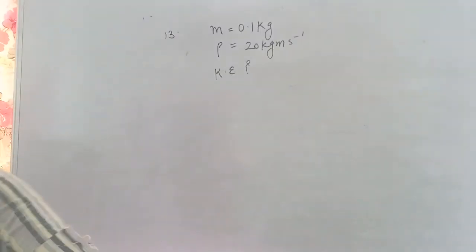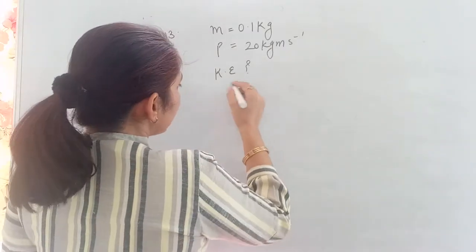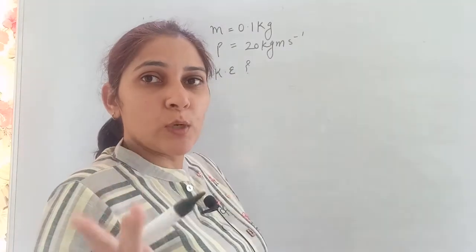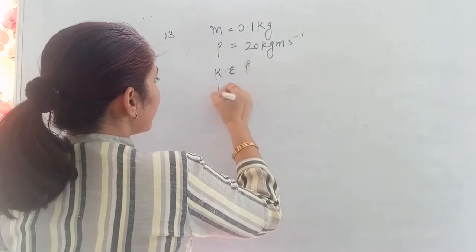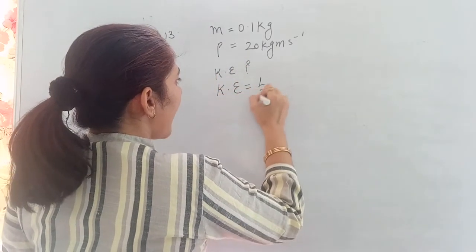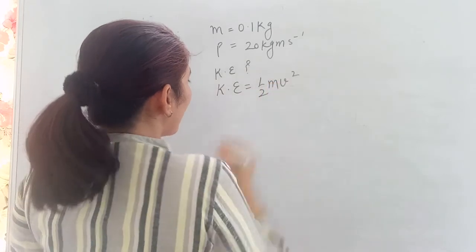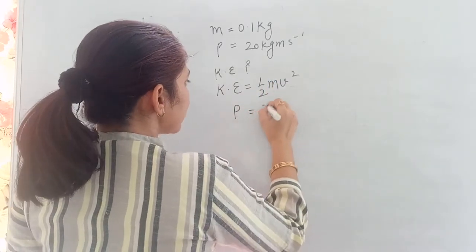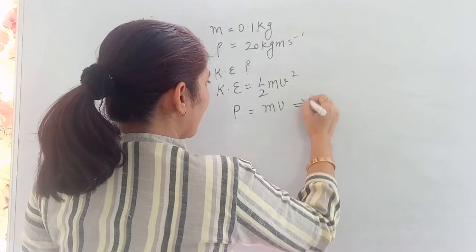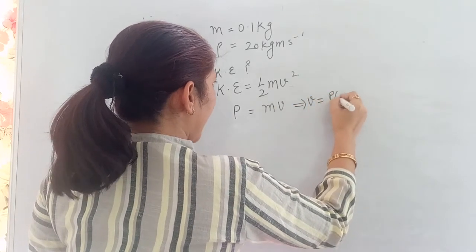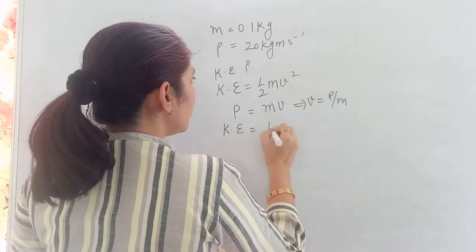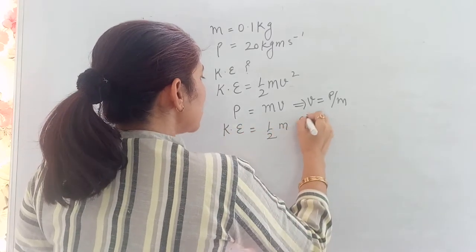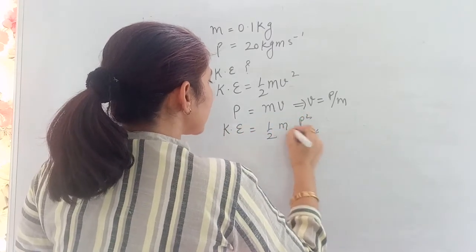So as we people are aware, kinetic energy and momentum, they are related to each other. And we had done the relation, and according to that, how we have done kinetic energy, we are giving as half mv square. Okay, momentum we are giving as m into v. From here we calculated the value of v, that is p by m, and we substituted it over here. Kinetic energy is equal to 1 by 2 m p square upon m square. This will be cancelled.